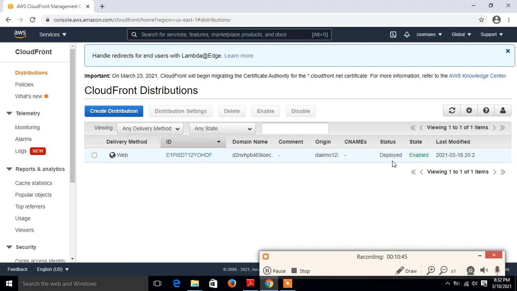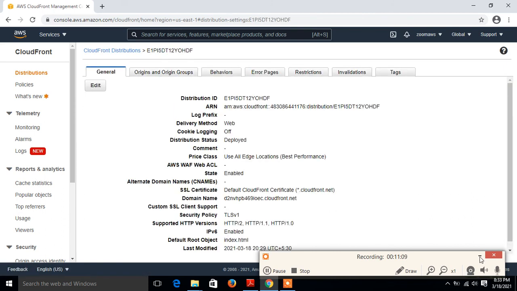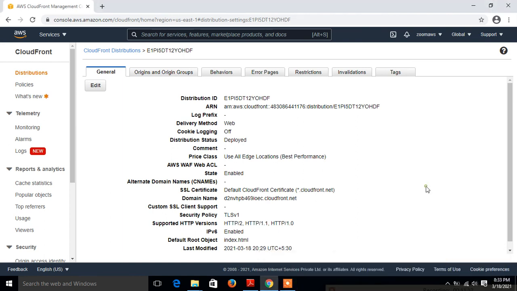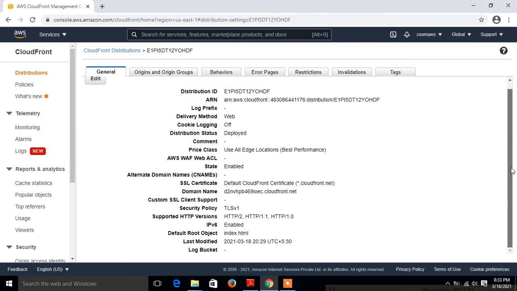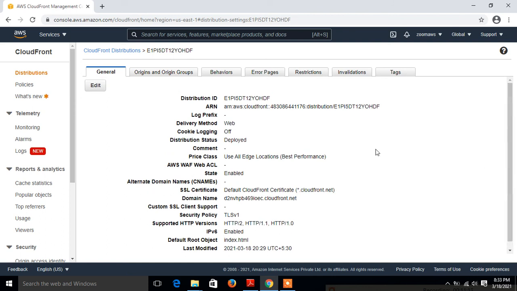Okay, so there you go, the distribution has been deployed and status is enabled. Okay, so we can actually go ahead and use this setting. If I click on the web option and go to the distribution settings, I can see all these options like distribution ID, the ARN, the method is web, and status, and here we have the domain name also. Okay, so I copy this domain name and I am going to redirect my web page,